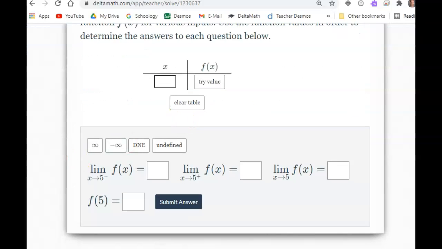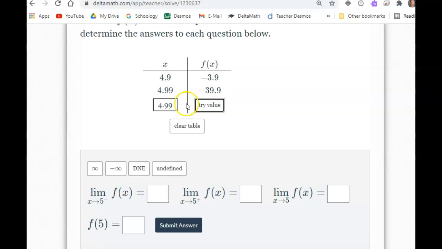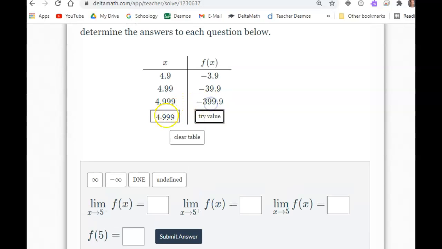Let's look at this one quick. So same thing, but now we're approaching 5 from the left. So think of where 5 would be on the number line. Numbers that are to the left of 5 are something like 4.9, 4.99, 4.999,